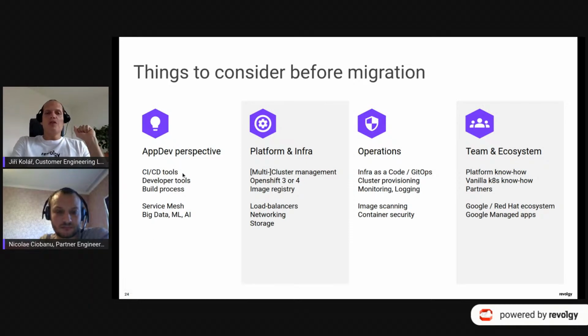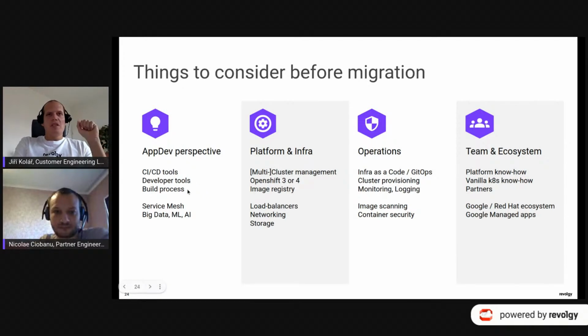So when it comes to the application perspective, definitely something which is worth checking is the CI/CD tools, because there are different tools being used by different vendors, right? So, for example, Red Hat with the OpenShift tends to use very much things like Jenkins in the old days. Recently they also started using Tekton, while Google has things like Cloud Build and things which are being used in the Google Cloud, which might be slightly different. Of course, there are a lot of third-party tools which can be used on both platforms, right? So look at this and think about these, right?